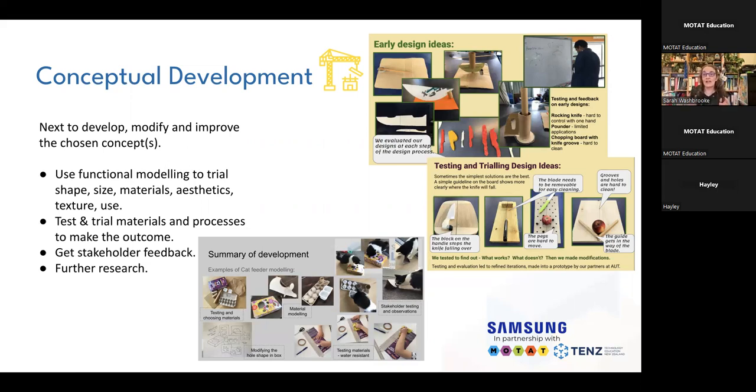And that's what real life designers do. If you have a look at James Dyson, who developed the bagless vacuum cleaner. I mean, this has been around years and years now. But when he was first starting, functional modeling, just to actually test the shape of the first bagless vacuum cleaner, he made, I think it was over 1,000 cardboard models just to test the size and the shape of the actual casing. And so he tested and tested and tested.